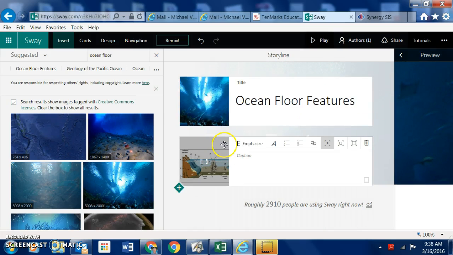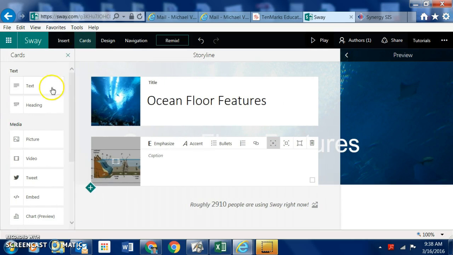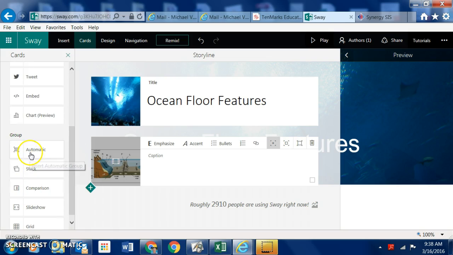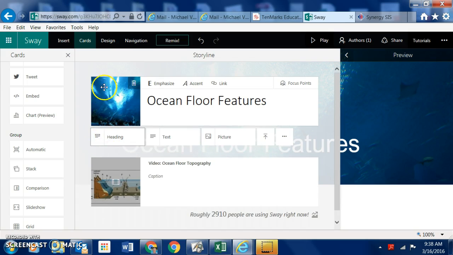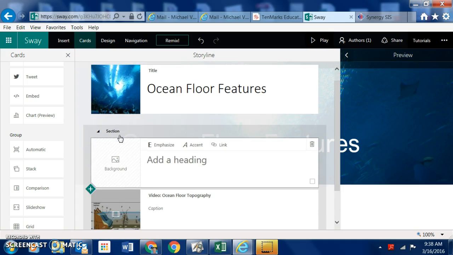So under cards, you have your text, you have your headings, you have your pictures, videos. You can embed links. You have groups. These were those image stacks that I showed you in my presentation. But you also have this plus sign underneath my title. So if I click on my plus sign, here's the same options that you get under cards. So they can either drag from the cards section or they can click on that plus sign. So I might do a heading now and add continental drift